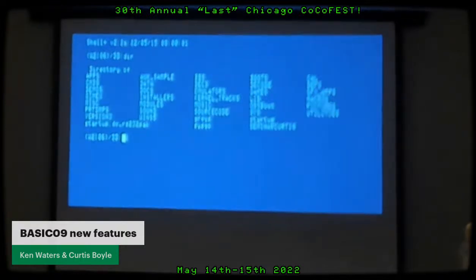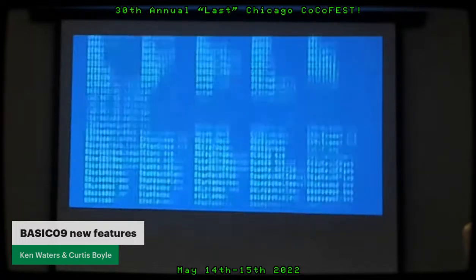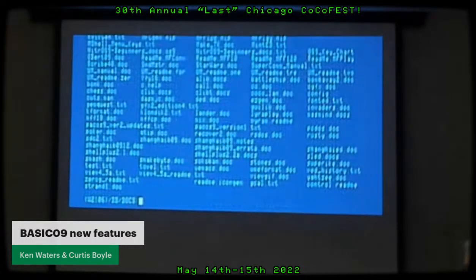So if you change the directory to docs, then you can look in there. There's lots of stuff, but there is one called gfx2_edition4.txt. So if you use the bu command,